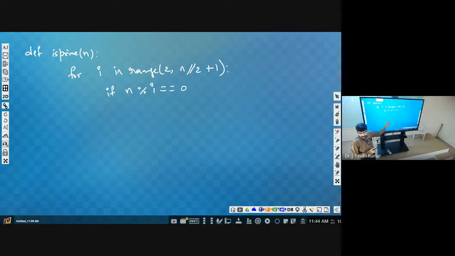If it is divisible, then what can we conclude? It is not a prime. So whenever it is true for at least one value, we can immediately conclude that it is not a prime. So what can we return here? Immediately we will be returning